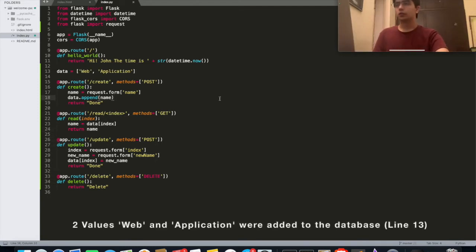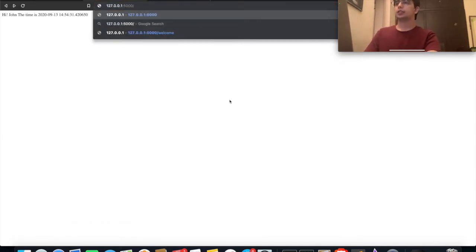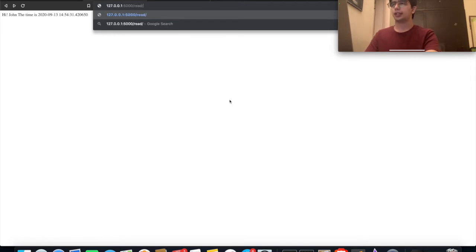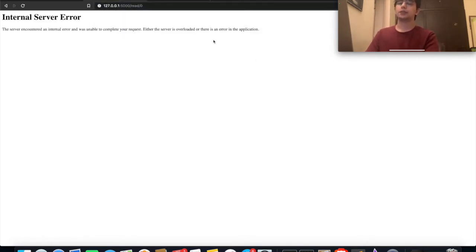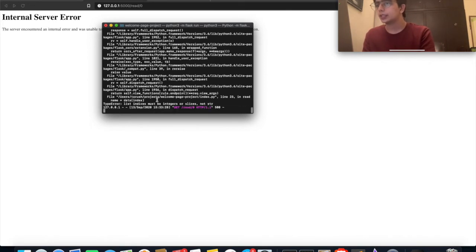Okay, so let's test out our API now, and the easiest way to do that is from our browser, and we're just going to read our data for the URL, let's say on index 0. Now if you see, this is going to give us an error. Every time your application gives you an error, always just go to the terminal and you can see what error exactly was thrown. In this case, it's going to be, the list indexes must be integers